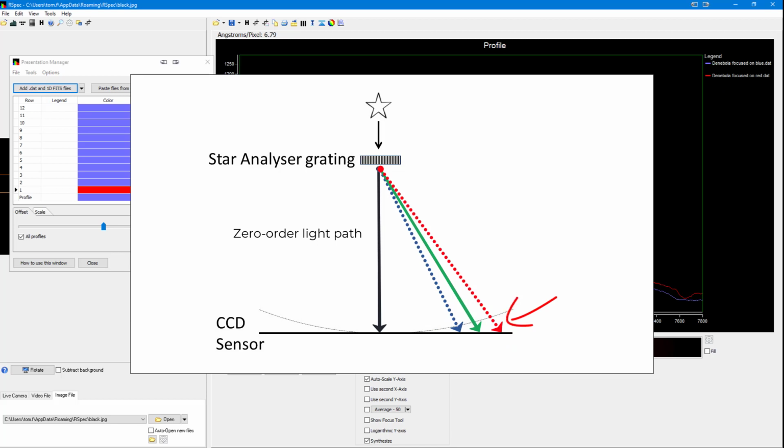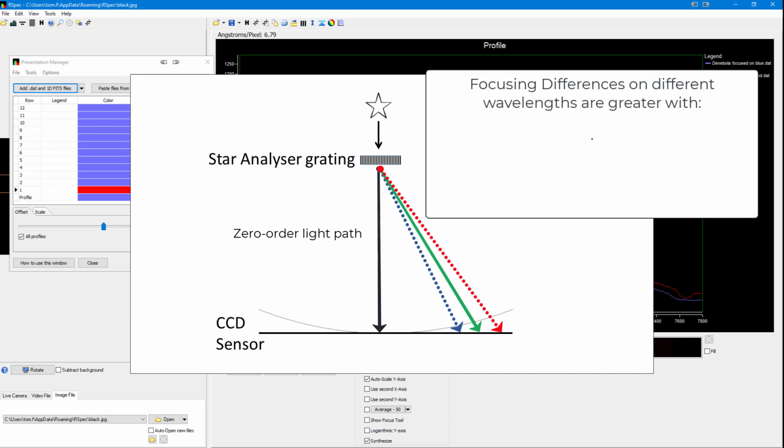The path for the red light here is a little longer than the path for the blue light. That means the focus in the blue region will be a little bit different than the focus in the red region. This effect is greater for longer spectra, those with higher dispersion, and it's greater for the Star Analyzer 200 compared to the Star Analyzer 100. And that's true even for spectra of equal length,